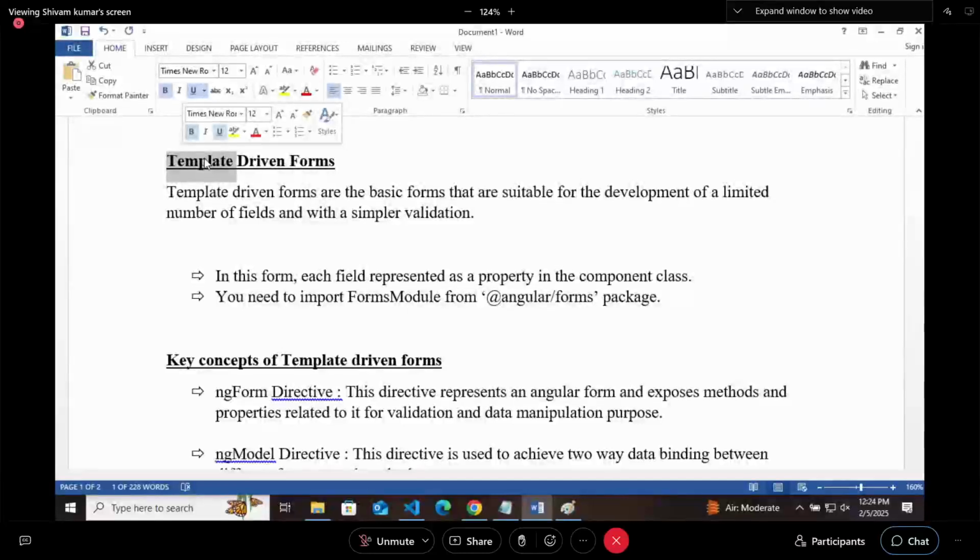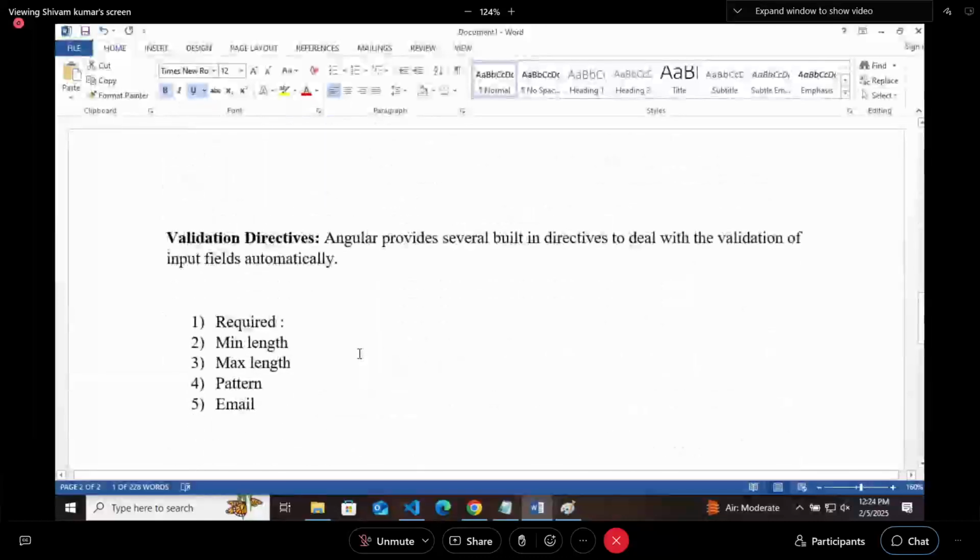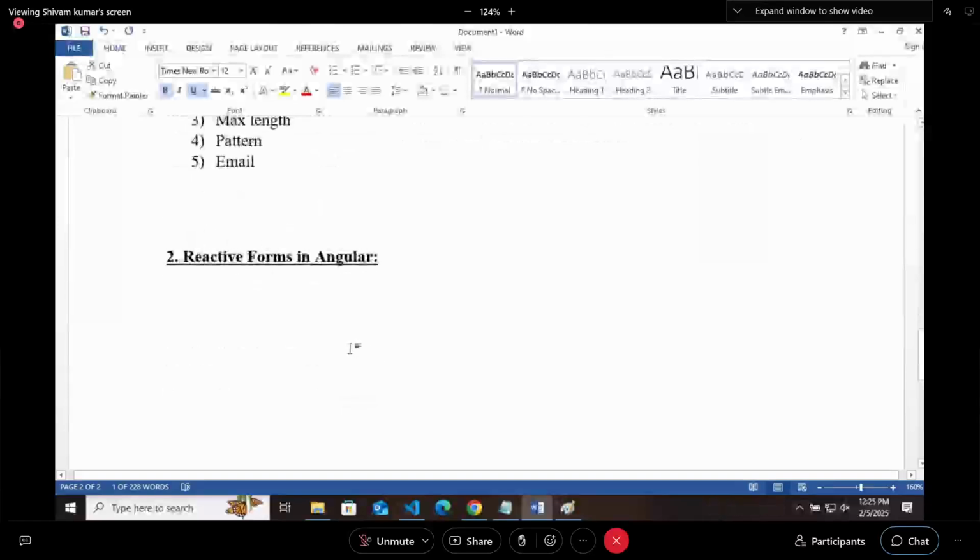Who will manage the form? The HTML file. And here you are saying model. To whom do we say model here? The TypeScript file. In Angular, the TypeScript file is called the model. So reactive forms are model driven forms, which will be managed by TypeScript. Creation, updation and deletion, everything will be managed by TypeScript. So that's a reactive form. The first thing that we will write here is reactive forms in Angular